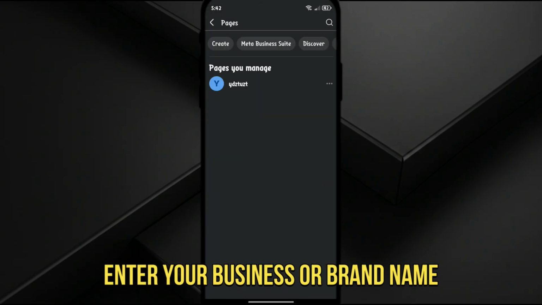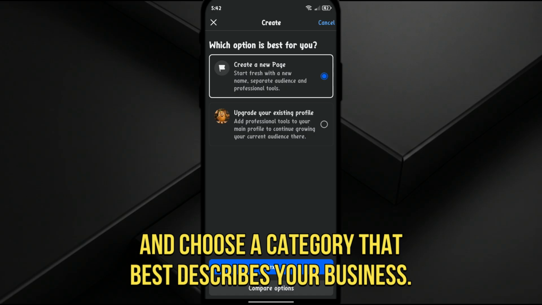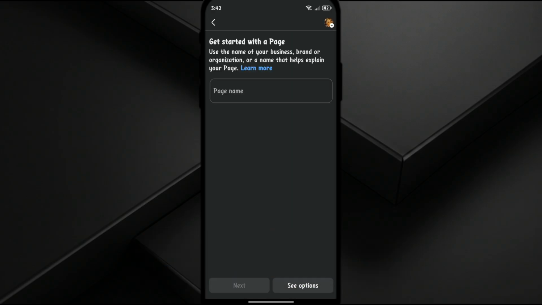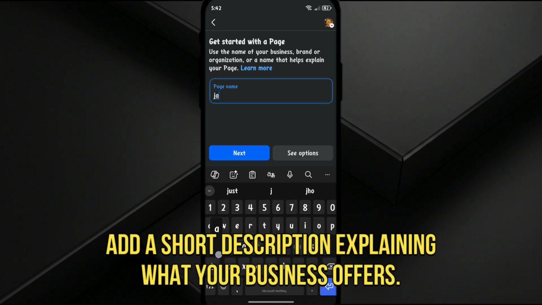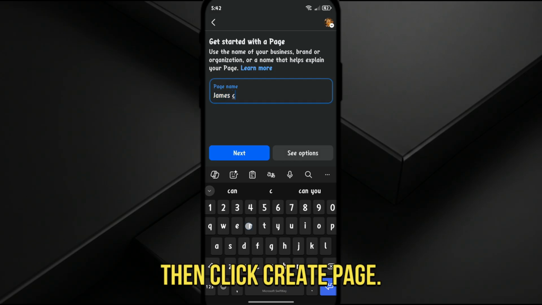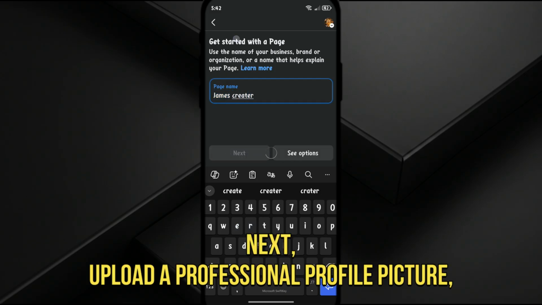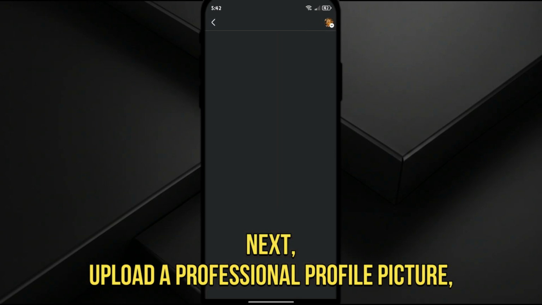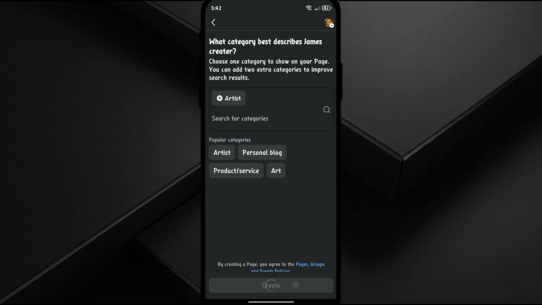Enter your business or brand name and choose a category that best describes your business. Add a short description explaining what your business offers. Then click Create Page. Next, upload a professional profile picture, such as your business logo, and add a cover photo